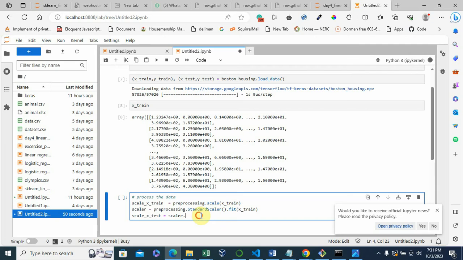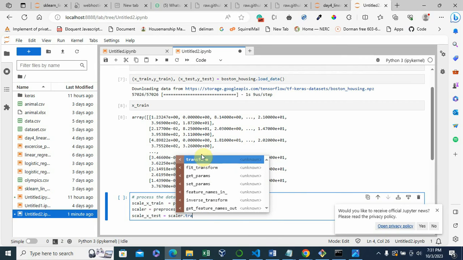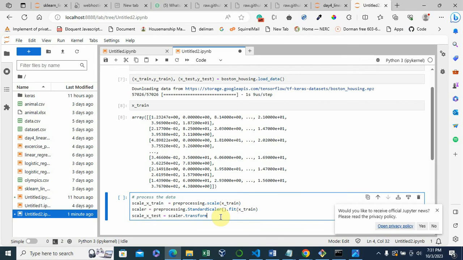I expect this guy to give me IntelliSense, but it's not giving me, but I would use it myself. Scaler dot, now it's ready to give me dot transform, this guy here, and X test.